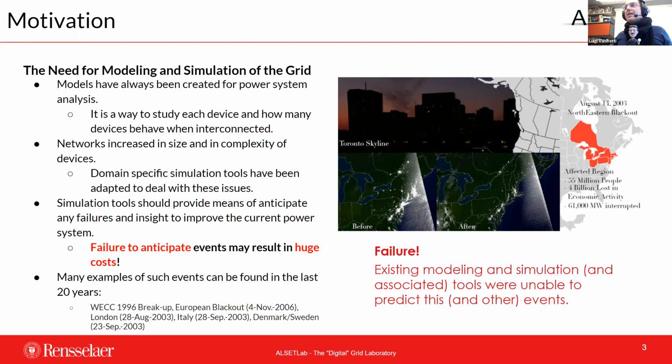Now, the reality is that the status quo we have has failed. And every time that we fail to anticipate, it results in tremendous costs. The most famous example is the impact of the Northeast blackout. I mean, that was very complicated. I don't think it was even possible to simulate at the time that it happened, and even after.